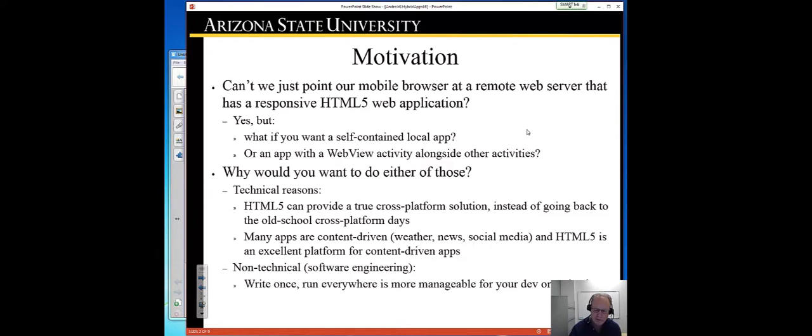HTML5 is a true cross-platform solution. So again, organizations have to consider, how do I get my message out? I've already invested in web technologies. I just put a whole bunch of stuff in this new HTML5 thing. Do I really want to have to go write a new Java-based Android app, a new iOS-based Swift or iOS app, or do I just want to write one app and run it everywhere, if you